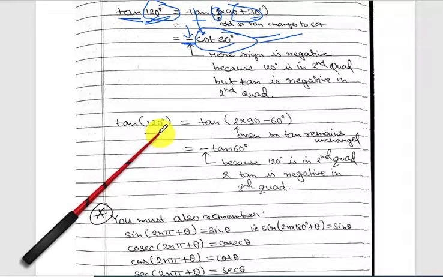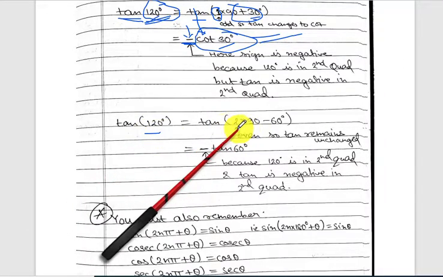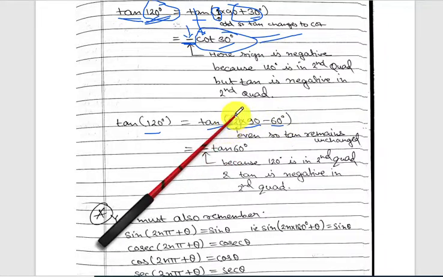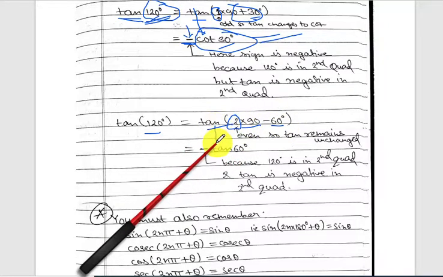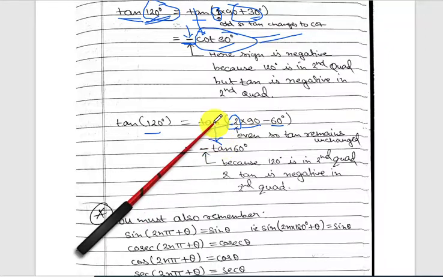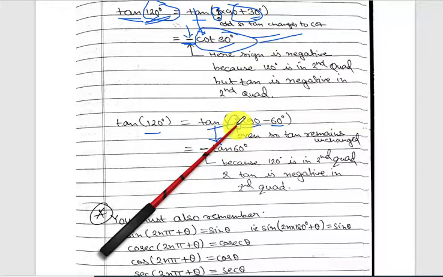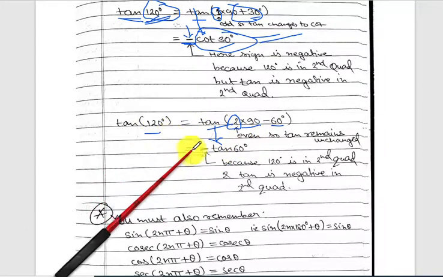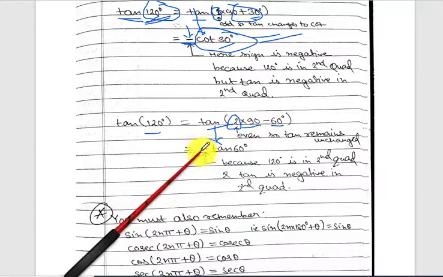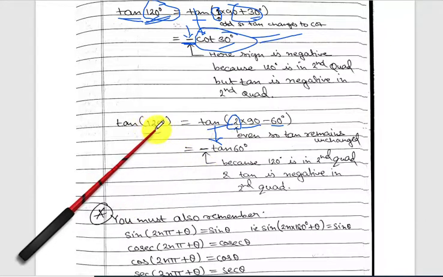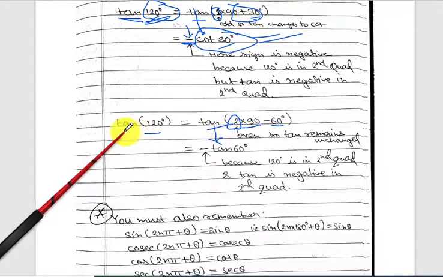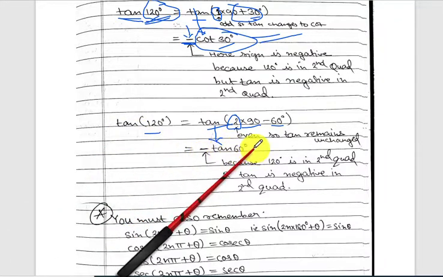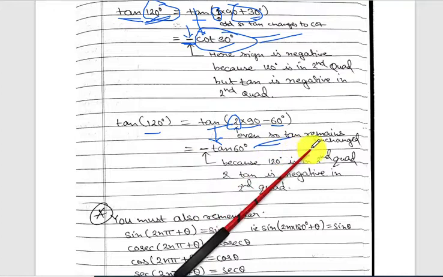Next, tan 120 I can write in this way also: tan (2 times 90 minus 60). Here 2 is what? Even. So tan will remain tan only. It will not change. So if you have got even, then the trigonometric function remains unchanged. Now we have to decide what to put, plus or minus over here. So this is 120, lies in the second quadrant, and tan is negative in that. That's why minus sign over here. So minus tan 60. You write down the value. You'll find that both are coming the same.